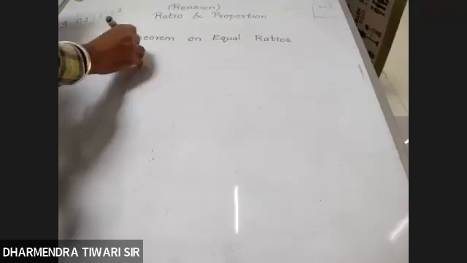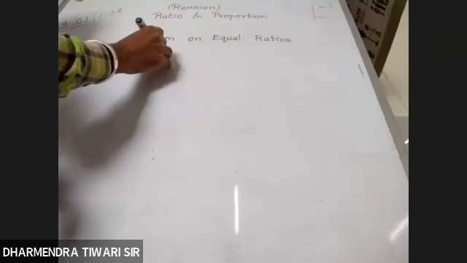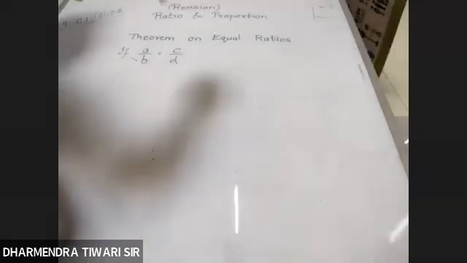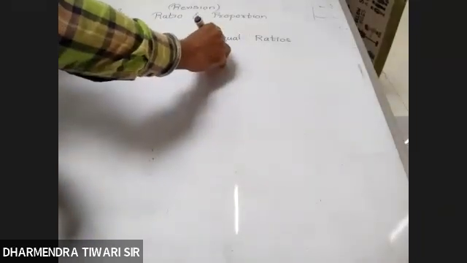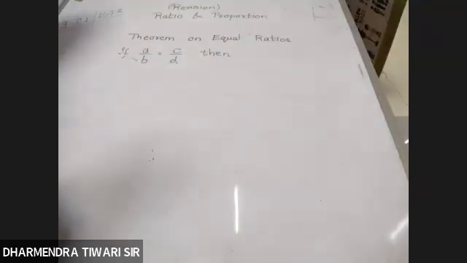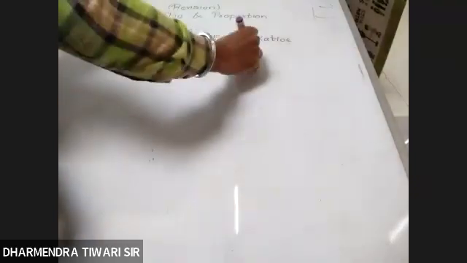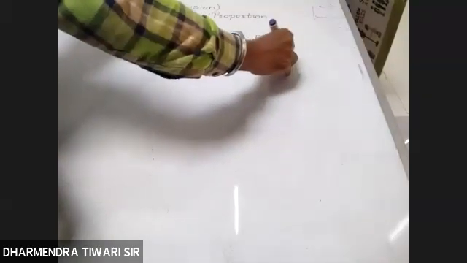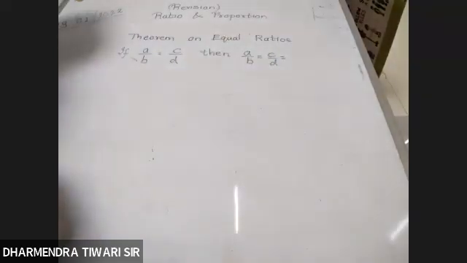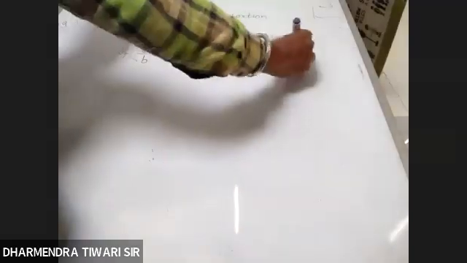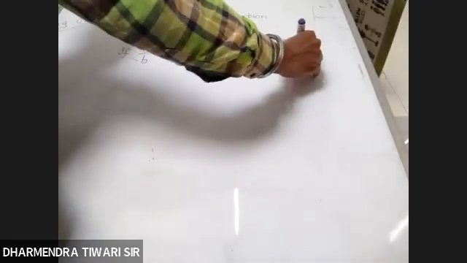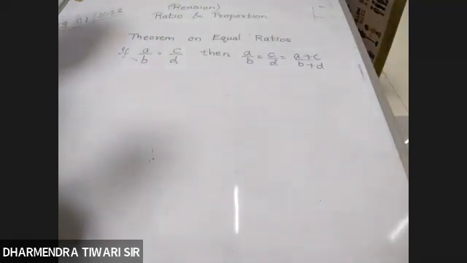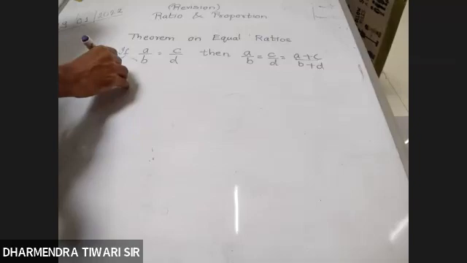If A by B is equal to C by D, then what does the theorem of equal ratios say? Each ratio, that is A by B is equal to C by D, is equal to the addition of numerators upon the addition of denominators, A plus C upon B plus D. It can be generalized as well. In general,